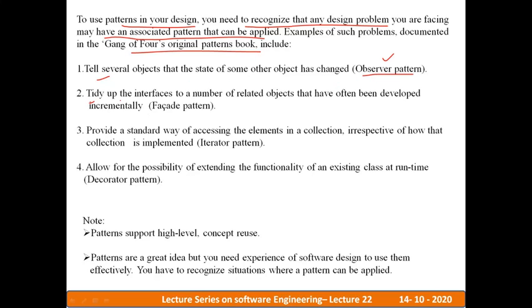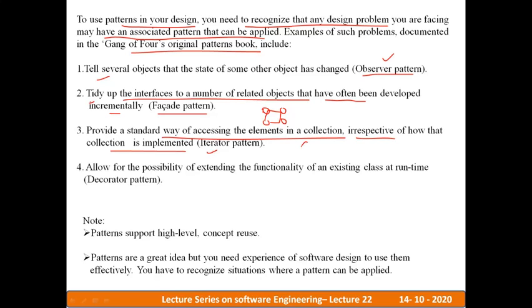The second one is tidying up the interfaces to a number of related objects that have been developed incrementally. That kind of pattern we call a facade pattern. So here, the interfaces between the number of related objects. Such a pattern is a facade pattern. And the next is to provide a standard way of accessing elements in a collection irrespective of how that collection is implemented. That we call an